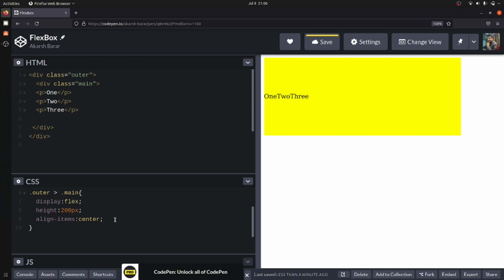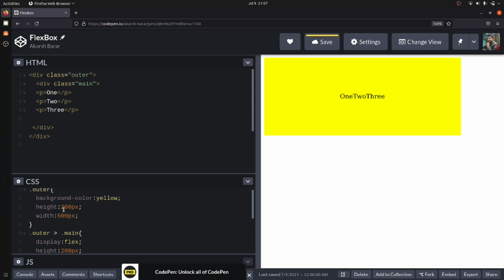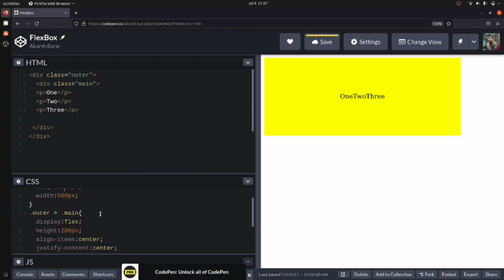But now, if you have seen my last video, I have told you how we can center a div. In that video I explained, if I use align items and justify content together and set them both as center, the division will be in the center. You can see that my division is in the center. Now if I increase the height and width of the outer container, just match the height of the inner container according to your parent container and everything will be in center.